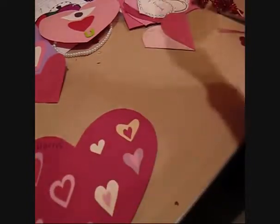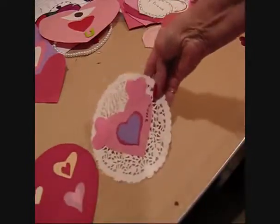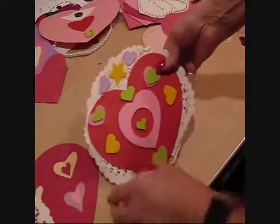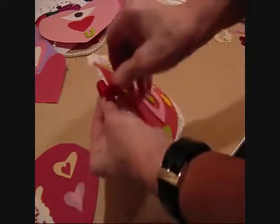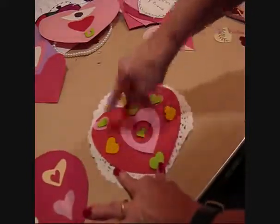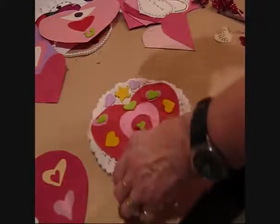If you'd rather use a doily, you can decorate a doily for Valentine's Day. Here's a couple more. Now this one was a foam. As you can see, it's a foam heart, and it's decorated with little foam hearts and other foam hearts. Here's your doily again,